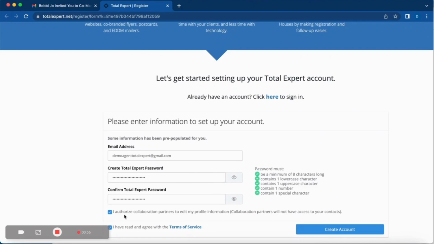And then what you're going to notice is that this button right here is going to be automatically checked for you. And this just says that, hey, I'm allowing my partner to edit my profile on my behalf. So as the agent, if you would like them to have access to edit your profile information, this allows them to do that. Now, if that's something that you would not like, you can go ahead and uncheck this box right here. But again, just to point out, they will not have access to your contacts, just your profile details, so that if something's missing, they can go ahead and add that in for you